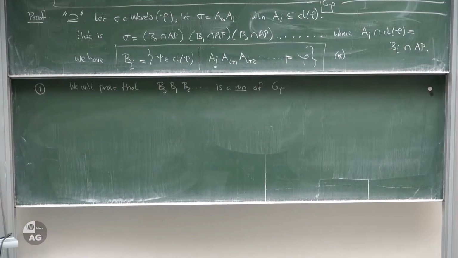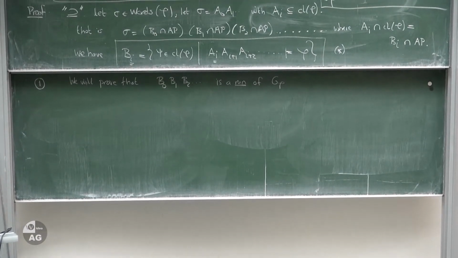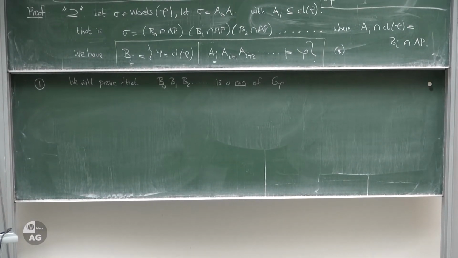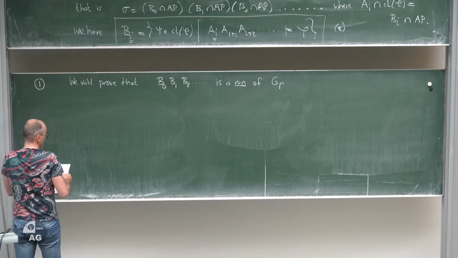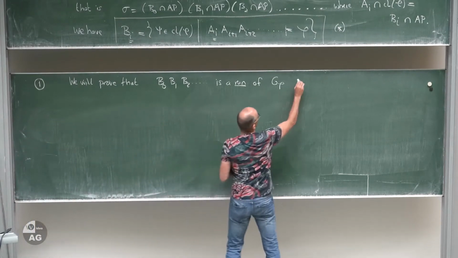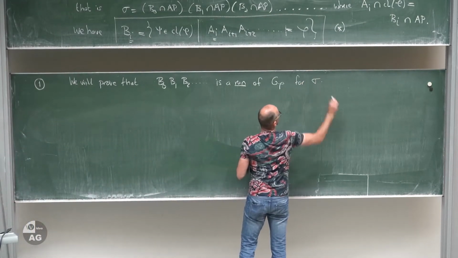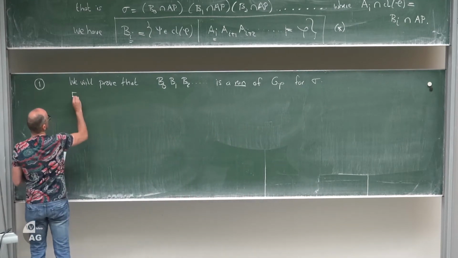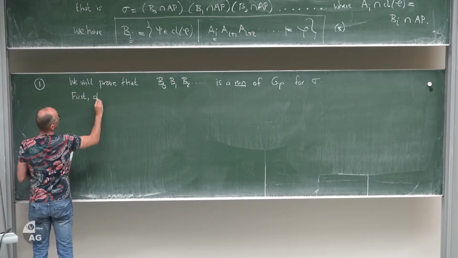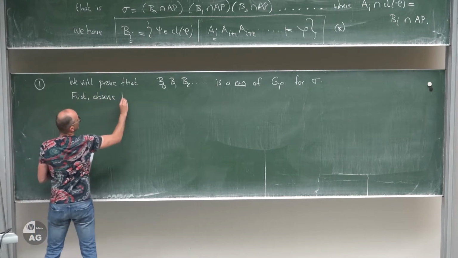Later I'm going to prove it's also accepting. I'm first going to show the sequence of B's is a run. And it's a run for the input word sigma. Good. First, observe that